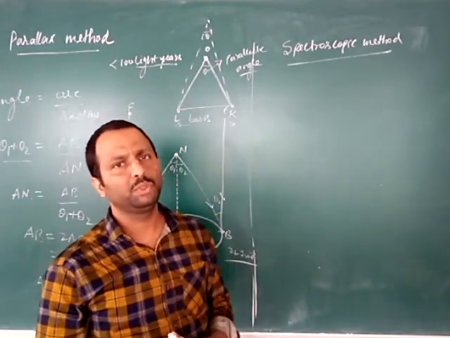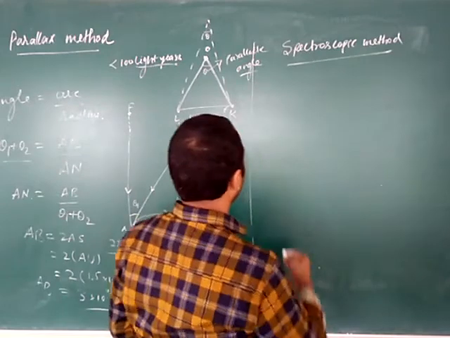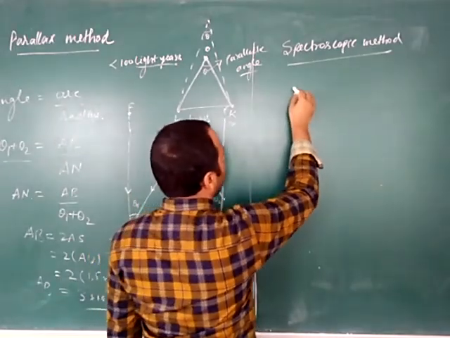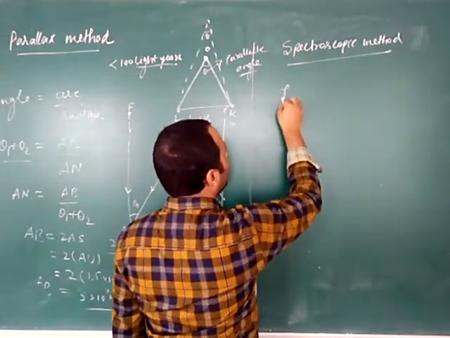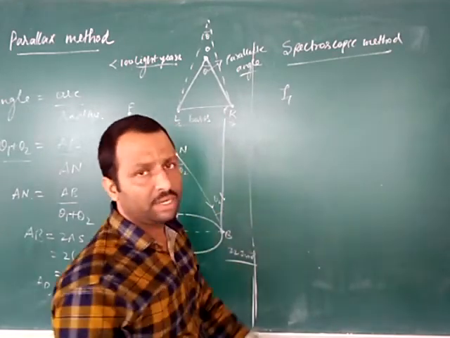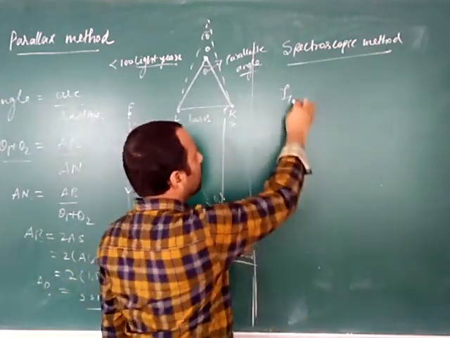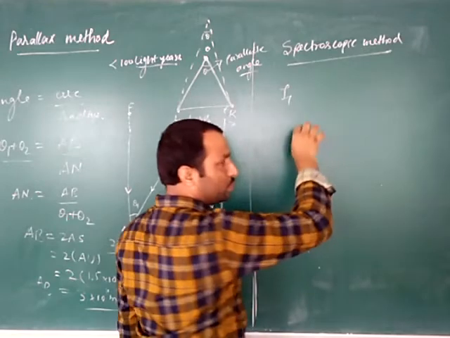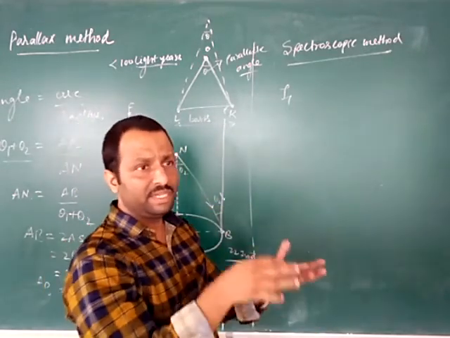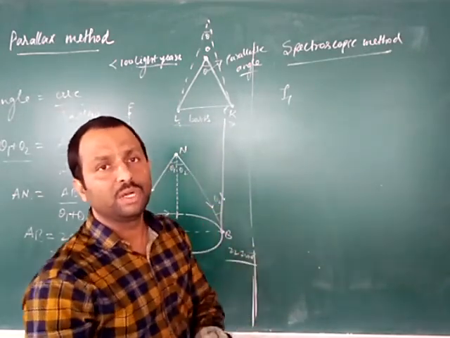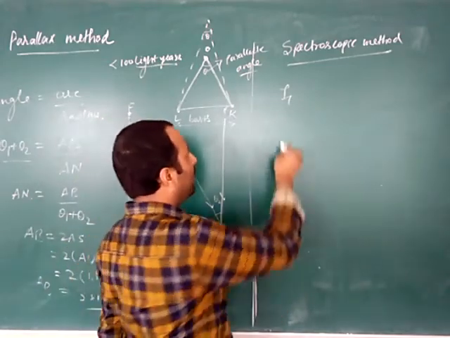The same concept we will use here also. So the star which is located far away has the intensity I, so its intensity effect is observed on the photographic plate. So I1 is the